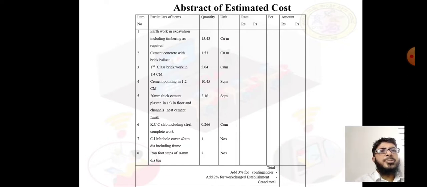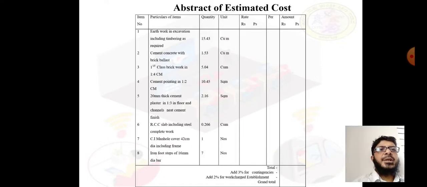So at last we have to prepare the abstract of the estimate. So we have prepared, but we have not added here rate. So rate whatever rates, latest rate, current rates for each quantity has to be taken and net amount should be calculated. So this is the abstract of estimate. So here all items are mentioned, like earthwork in excavation including timbering as required. So total quantity we have calculated, net quantity as 15.43,